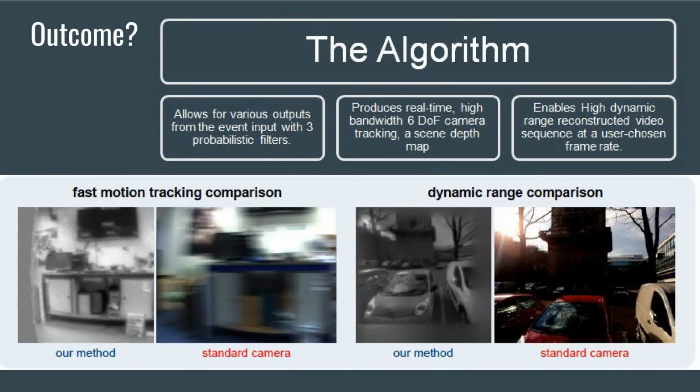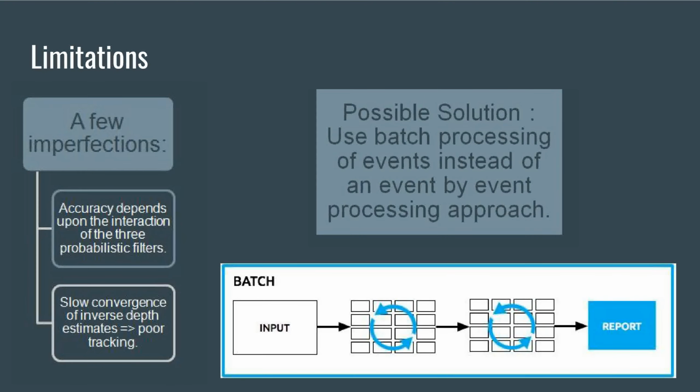The algorithm produced allows for various outputs from the event input. It produces real-time, high-bandwidth 6-DoF camera tracking, a scene depth map, and a high dynamic range reconstructed video sequence at a user-chosen frame rate. Now let's discuss some limitations to the approach